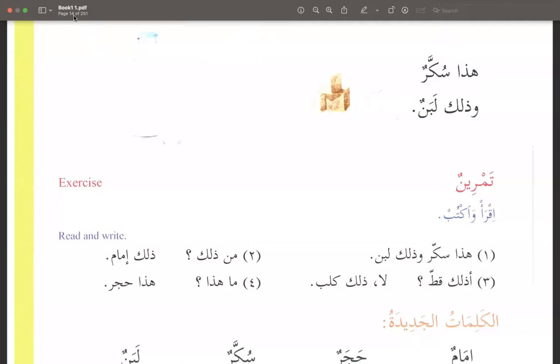Sorry, say that one more time. You don't worry about the translation for right now. I want you to focus on reading out loud. You have to get your tongues used to the Arabic language. So practice reading out loud, and then also write it down. This will help your reading and your writing.